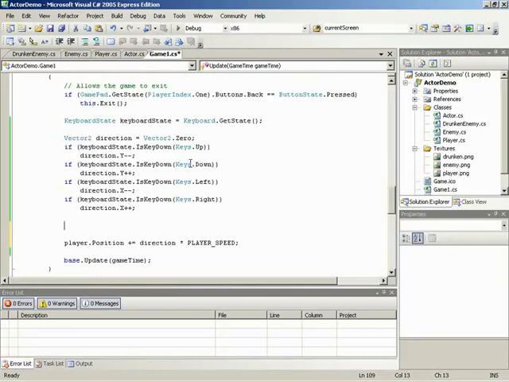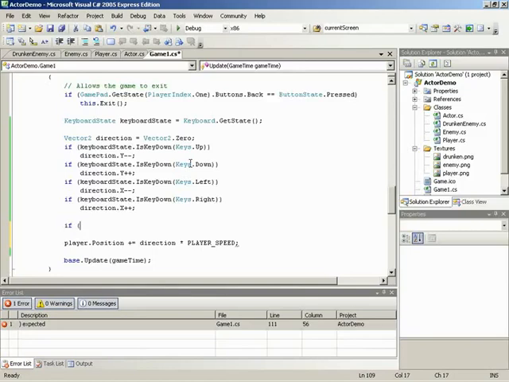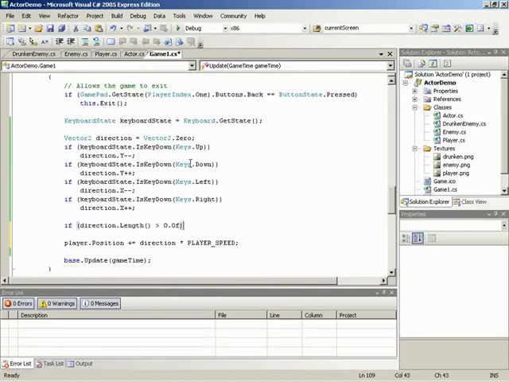We can use the same idea that we'd use with the player's speed, the enemy's speed compensation. We can take the vector that we end up with and normalize it. Though we have to be a little bit careful in this case because we don't want to attempt to normalize a vector of 0, or we'll end up with a result that's not a number. So we want to make sure that before we attempt to normalize, that we actually have some direction in place. And we can do this by saying if direction.length is greater than 0.0f. So if we have some value in any direction, then we know that we can go ahead and normalize. Because if it's already 1, normalizing isn't going to affect it. If it happens to be greater than 1, then normalize will pull the values back until the overall value is